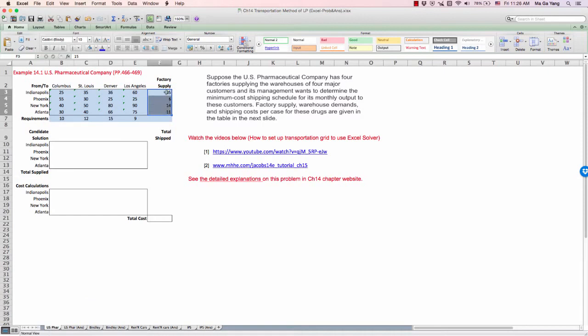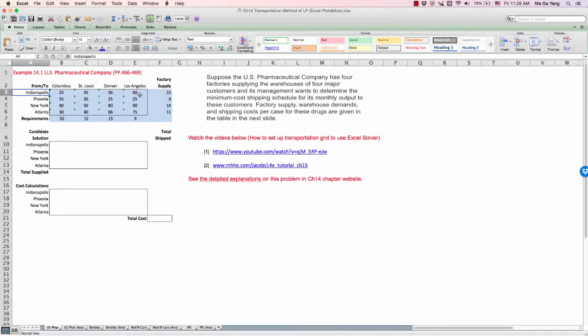This means the supply availability of these 4 main factories. And this requirement indicates the customer or warehouse demands. So Columbus has 10 units of demand, and Los Angeles 9 units.